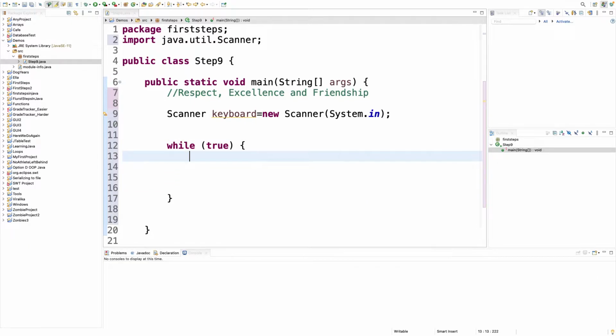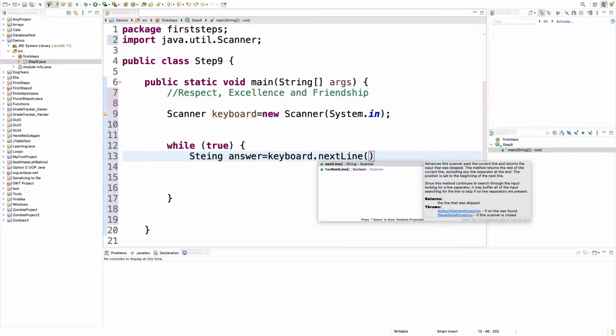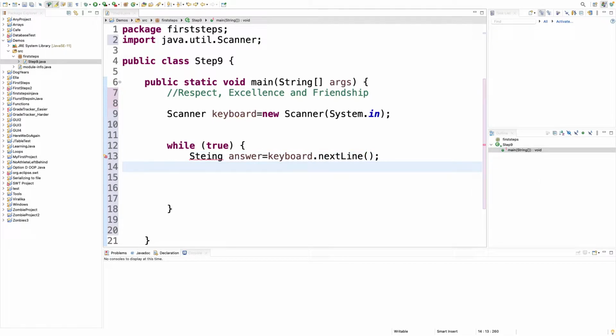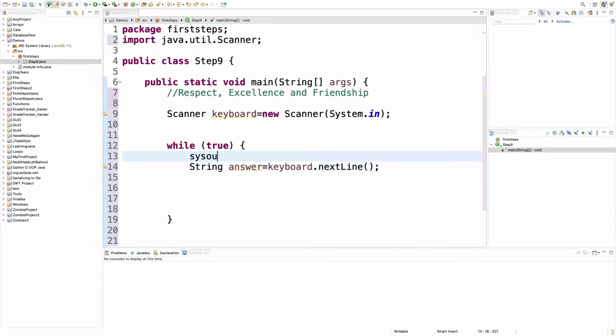So I'm going to say String answer equals keyboard.nextLine(), which will allow them to type something in, and of course I've got to give them a prompt. So I'm going to say please type an Olympic value. Okay, now they type it in, and now I've got to check whether it's equal to any of those three: